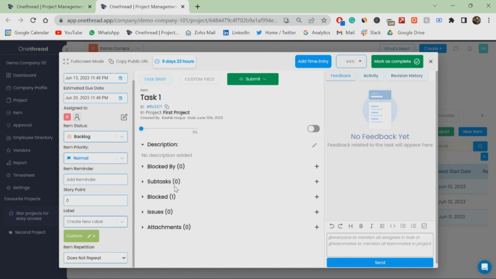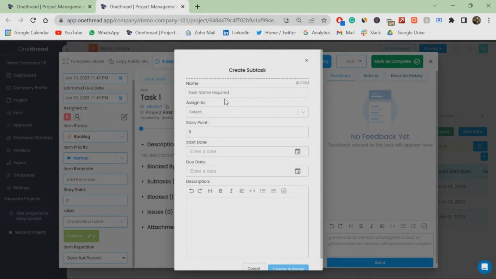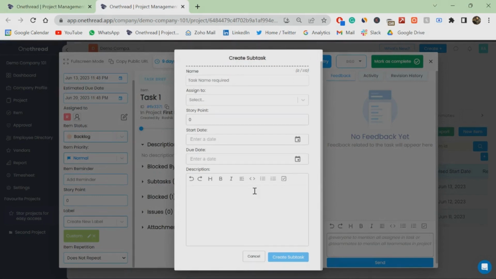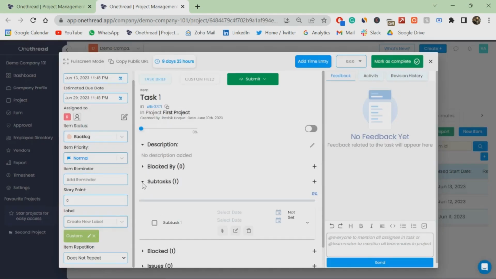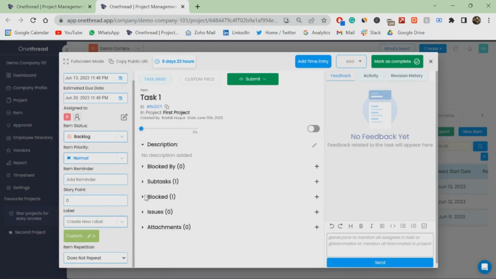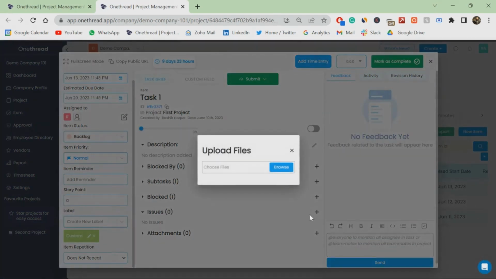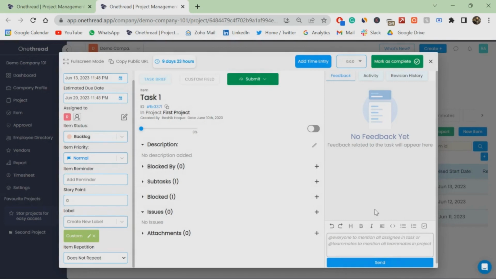Lastly, you can use this feedback loop as a comment section for everyone involved in this task. You'll get a notification depending upon who is involved, and every message goes into their own feedback loop as well. Everything that happens here gets recorded in this activity section. The revision history is basically, if you want to change the deadline, say from 20 to 21, you'd be asked why you are looking to change the deadline. So once you put in the reason for the change,